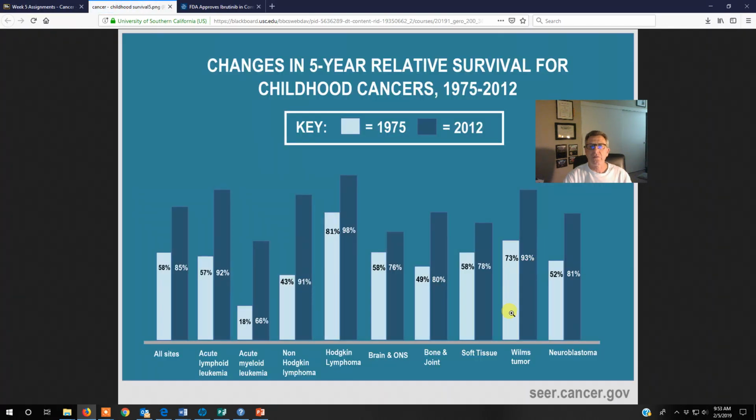All right, we look at survival rates of childhood cancers. And we see there's a large cohort of blood cancers in children. You see this right here. The good news is that between 1975 and 2012, great steps have been made, okay? Large increases in survival. You see some are a little more aggressive, okay? And then right over here is a unique form of childhood brain cancer. Again, great steps have been made, okay?